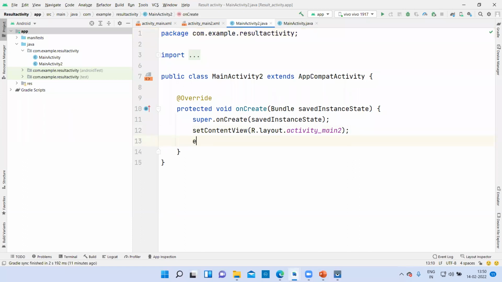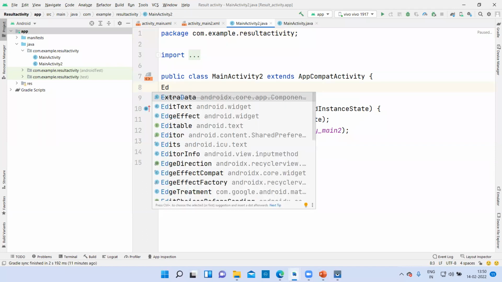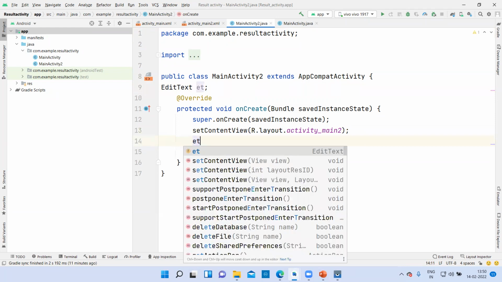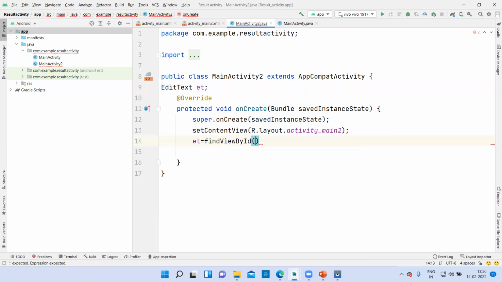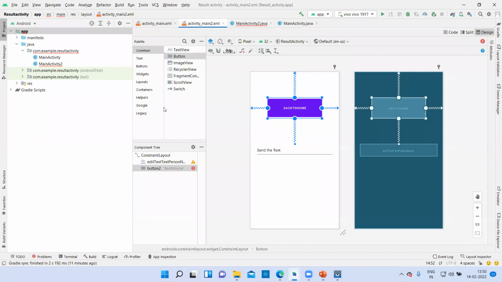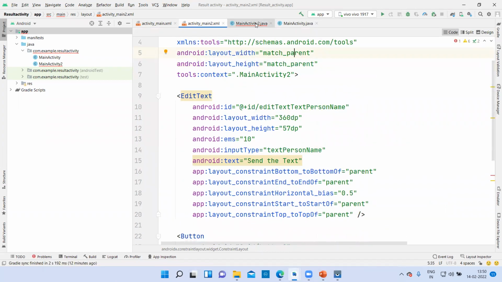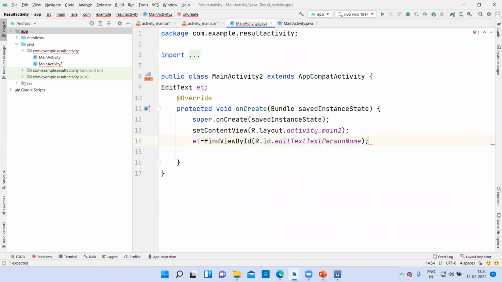Let me create the instance of edit text: et is equal to findViewById, R.id.editText. Let me check this code. It is edit text person name probably. Yes, it is there. So let us come back, do this and close it.